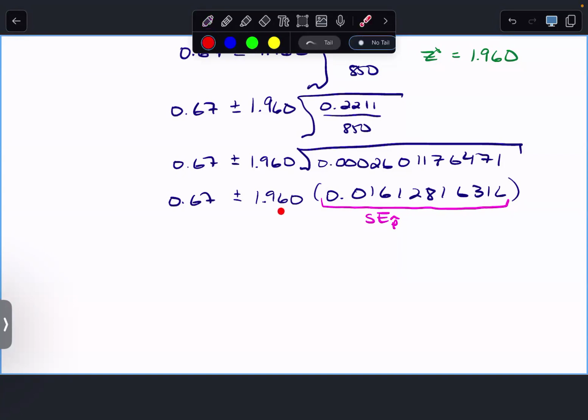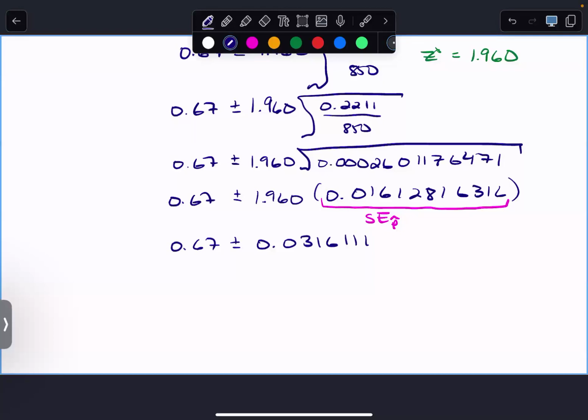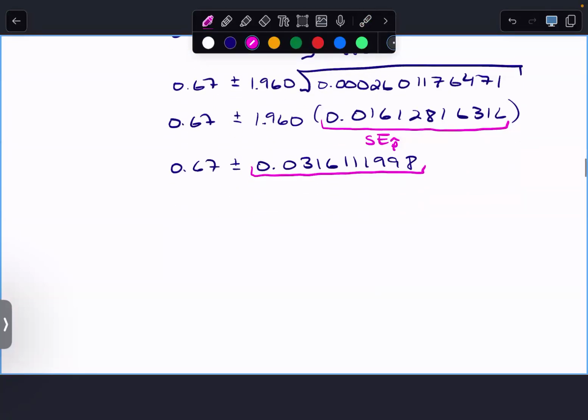And then when we multiply it by 1.96, we get 0.67 plus minus 0.03161111998. Probably keeps going, but who cares? This chunk is called the margin of error. If you're reading research papers, they would report the margin of error and tell you the confidence level that they used. From there, you can reverse engineer it. If you know z star, you can find the standard error. They don't usually report it, but you can find it. So this is called the margin of error,